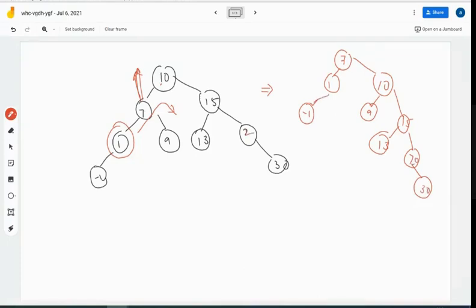Right? But still it has not become the root node. Again, I'm going to make it the root node, so I will apply the rotation again. So it will be 1, -1, 7, 9, 10, and so on it will continue. So you can see I need to get this particular node to the grandparent's position.